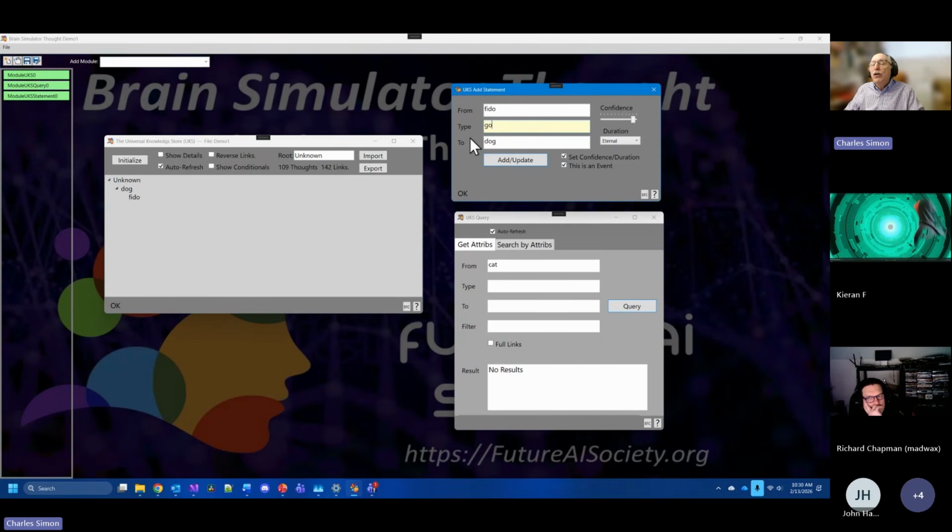So we're going to say Fido goes outside and Fido plays fetch. And so it's built these links the way it always has, but it's also building this linked list of events where the most recent event is first in the list.